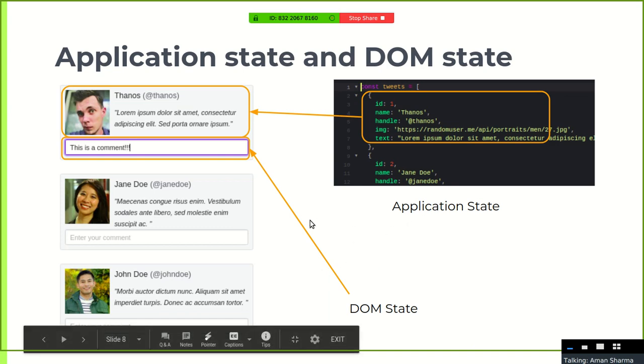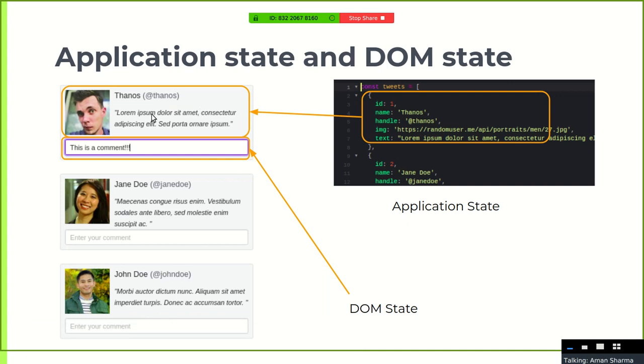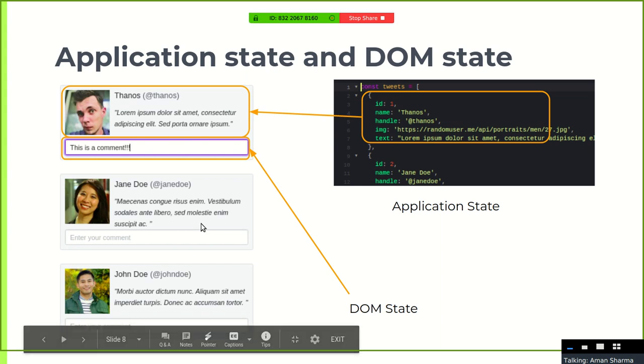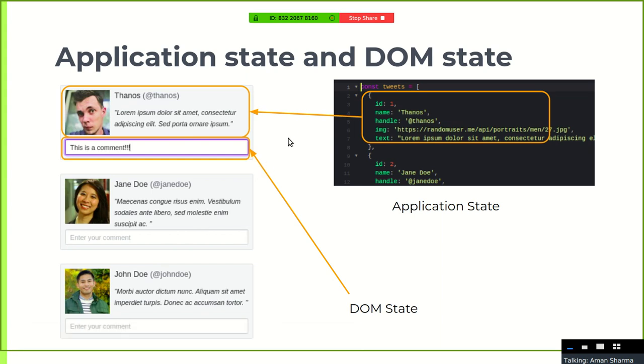So when I showed you the tweets, basically the 3 tweets, we need to understand what data is related to the application state and which data is related to the temporary DOM state. Whatever was being rendered in those places, like this image, this message and everything, was being rendered directly from the data.